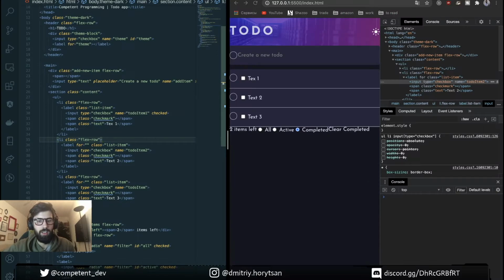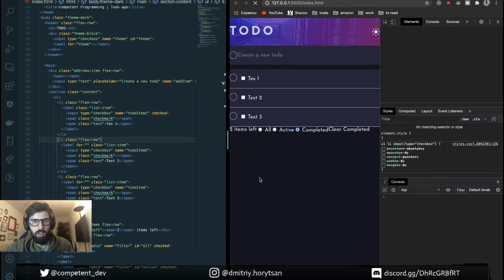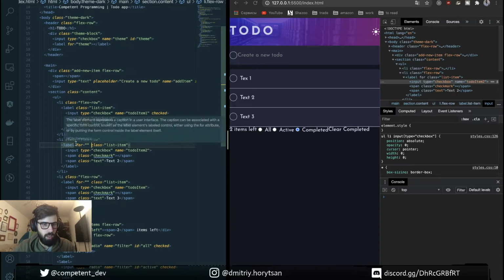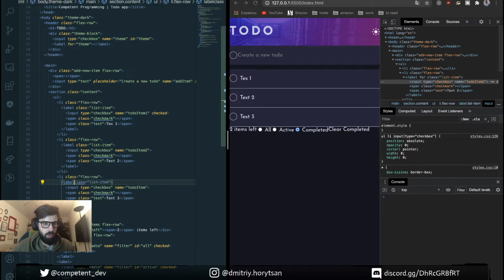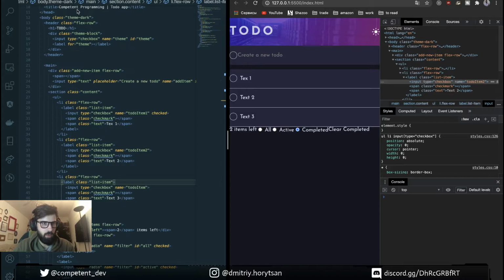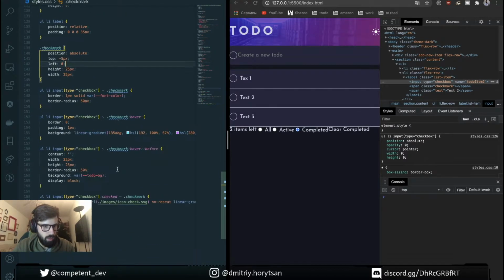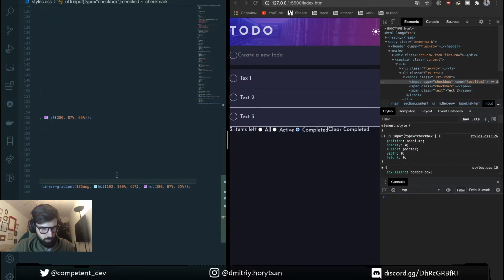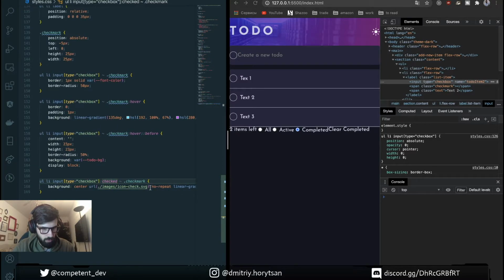Yeah, doing Stalin. It seems I found out what was the reason. It's because for label, we have a for attribute, and that's why it wasn't clickable. So let's finish with styles when our checkbox is checked.